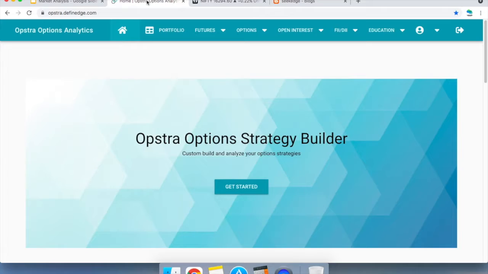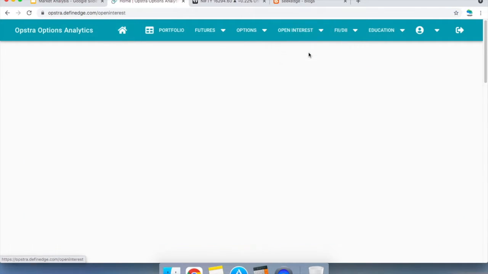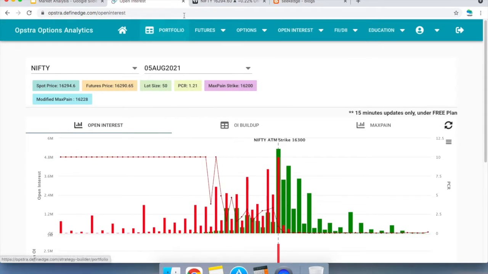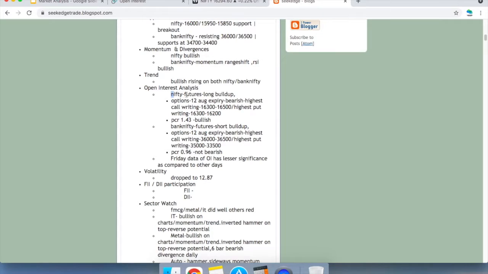Now open interest, without wasting much time, let's go to the open interest, right? Open interest of the Nifty. What does it say? The open interest is saying that Nifty is a long build up, right? Futures are saying long build up, but options are saying, for the 12th expiry,